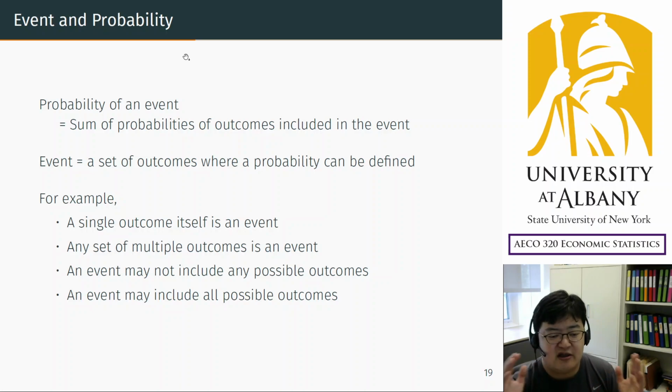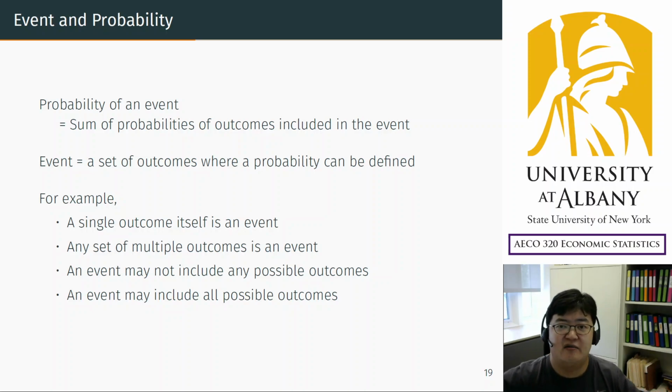Probability can be defined for a single outcome or for multiple outcomes, like this example. You can define probability for even numbers, or, for example, numbers greater than 3. So any group of outcomes can be assigned some kind of probability. So we distinguish outcome and event